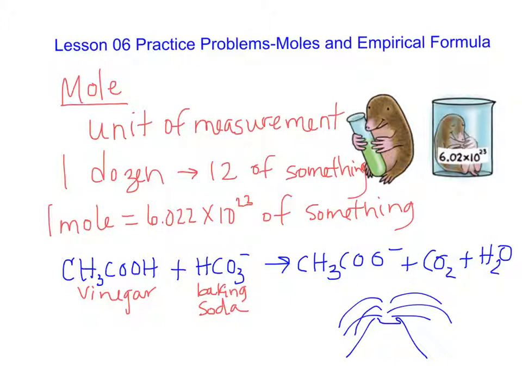It would be useful to be able to measure out 1 molecule of each of these compounds. But unfortunately, molecules are very small and they're very difficult to measure out. So the mole is our solution to the problem of molecules being so tiny that we can't measure them out